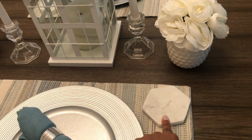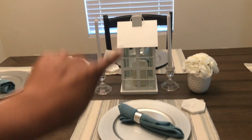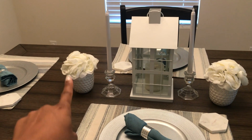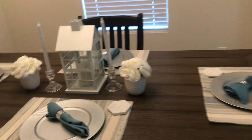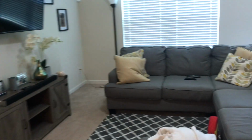And I got this from, I want to say Marshall's. It's been so long, y'all. It's like since last year, but I don't think I ever showed you guys how I had it decorated. I got this from Burlington. The candles are from the Dollar Tree. And then these flower pots, I already had them. So I just love it. And I think it flows so nicely with my